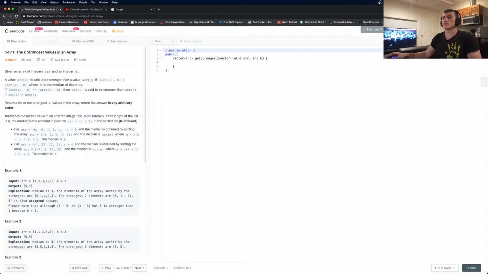And then we have the definition of the median. Well, how I see it, we first sort the array, get the median, and substitute all values in this array with the absolute difference between the median and every element in the array, and then sort it one more time. So we sort it twice, but again, it's n log n. Once we have it,